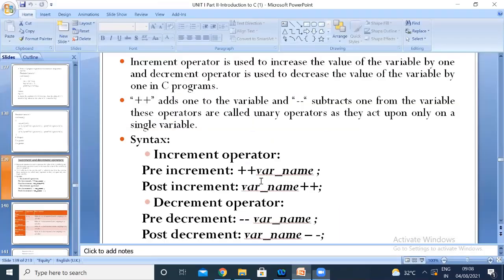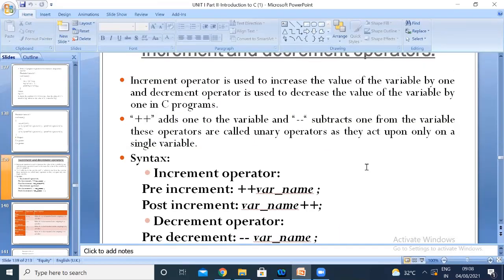So now we'll be discussing increment and decrement operators. Are you able to view my screen? Yes, ma'am. Fine. An increment operator is used for increasing the value by 1 unit, and a decrement operator decreases the value by 1 unit.